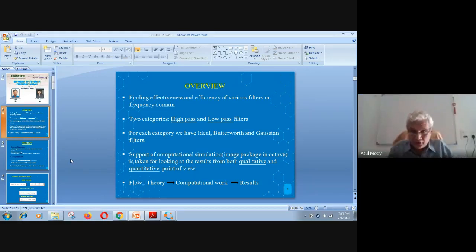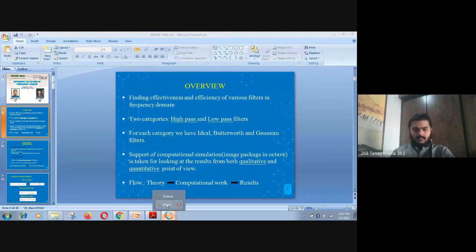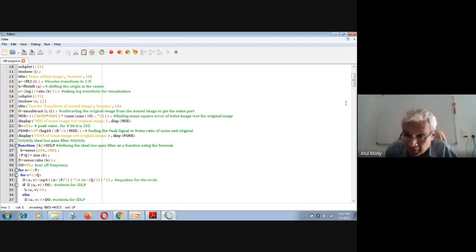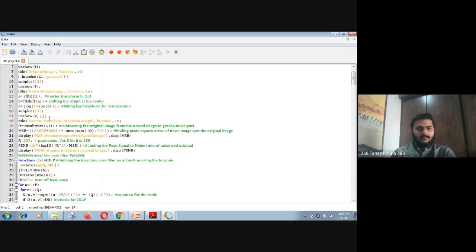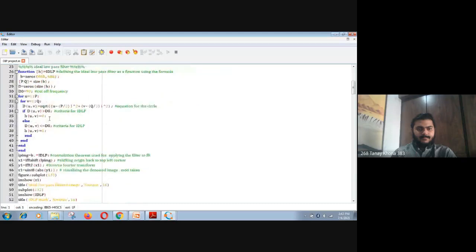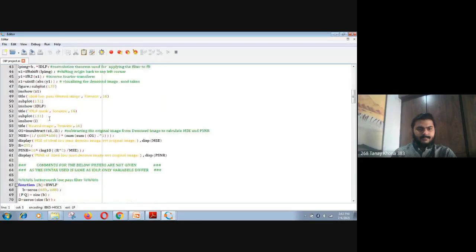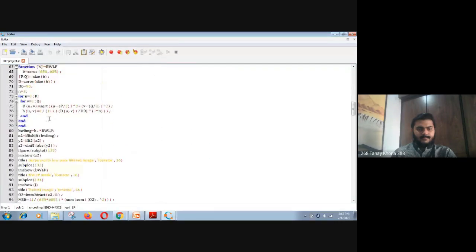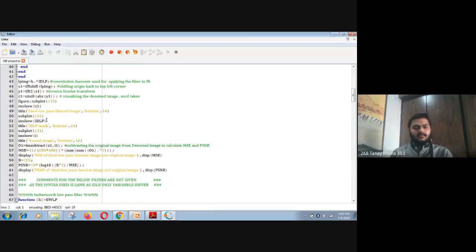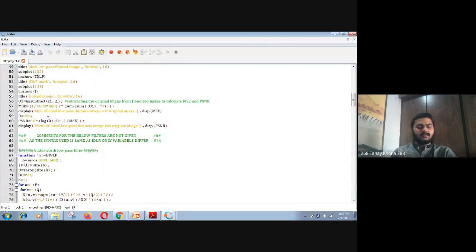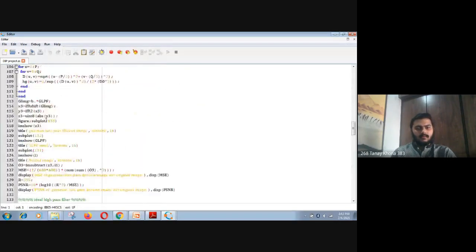Did you people develop code for these processes? Yes, image processing, or was there a standard code available? No, sir. We have developed it ourselves. Here is the code. Essentially, it is the same type of code given for each and every filter and applied again and again. That's why it's that lengthy.